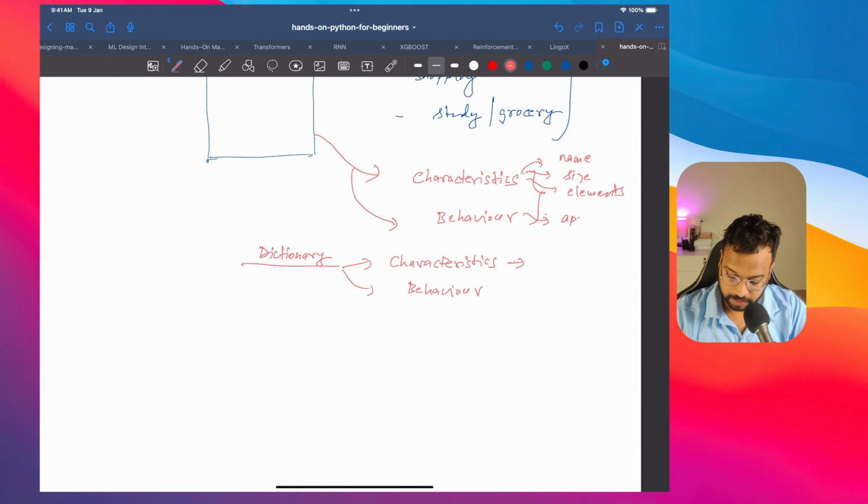For example, append a list, pop a list, remove a list. Similarly, a dictionary will have its own characteristics like keys and values, size, and similarly, a dictionary will also have a behavior. For example, adding a new key or editing a new key, changing the value of a key, etc. Now, this idea or this philosophy of something having characteristics and behavior is true for everything that we have learned